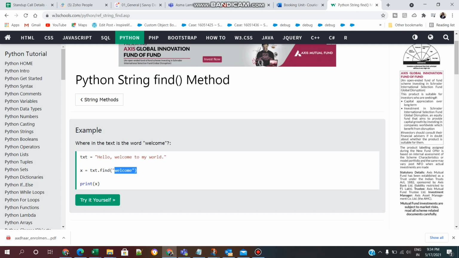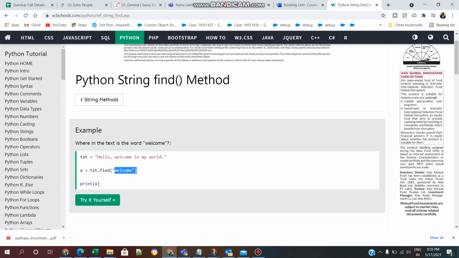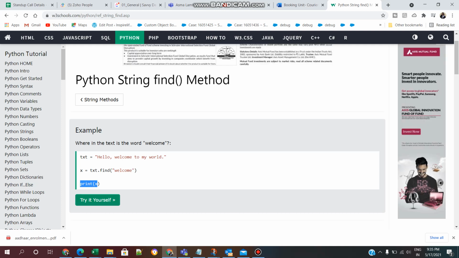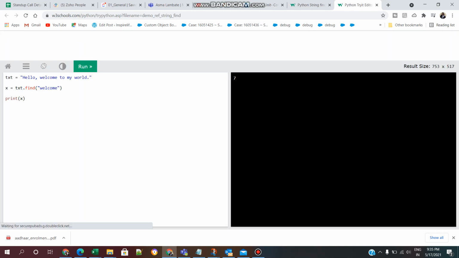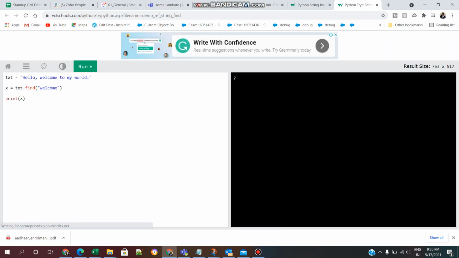So x equal to txt.find(welcome). After that we are printing the x value. So click on try it yourself. We will see this example practically. Now it is giving the position of welcome. So here 1, 2, 3, 4, 5, 6, 7. It will start from 0 to 7 and it will give the position of welcome. So welcome is at the 7th position. So it is giving output as 7.